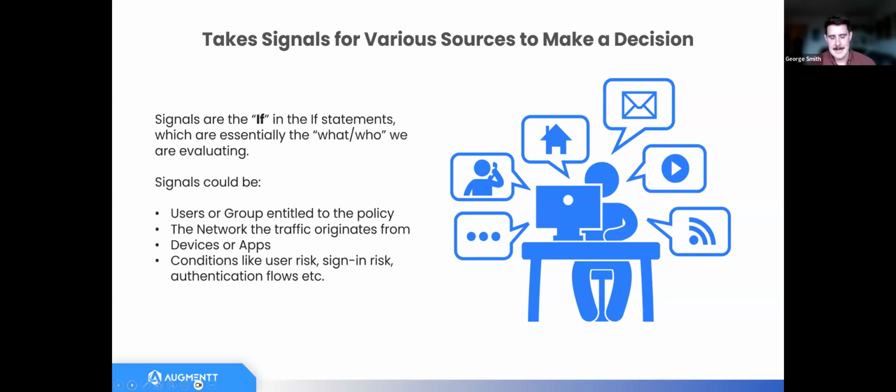And in the very digital and interconnected world that we all live in today, there's a different bunch of signals that we can take into account. So it can be things like, who is this user, or what group are they part of? Where are they? Like, where is the network traffic coming from? What type of application is it? What device is it? Is it a trusted device? And then even things like conditions, like user risk, authentication workflows. So there's lots of things happening all the time, different various sources through which you can use conditional access